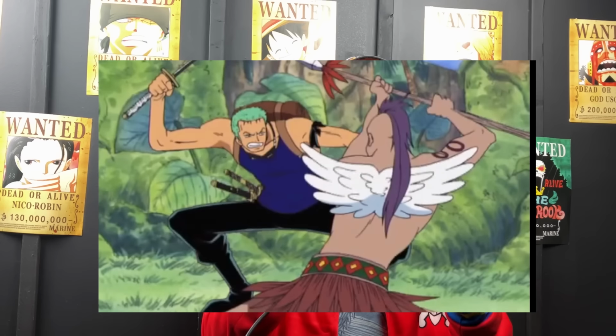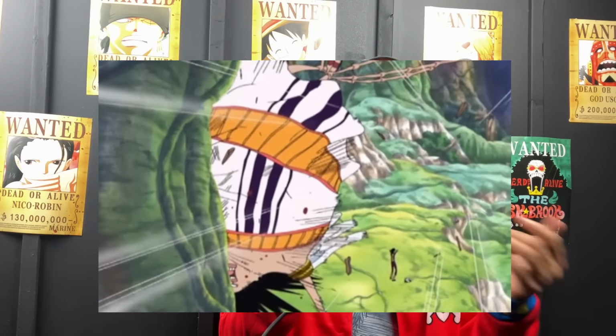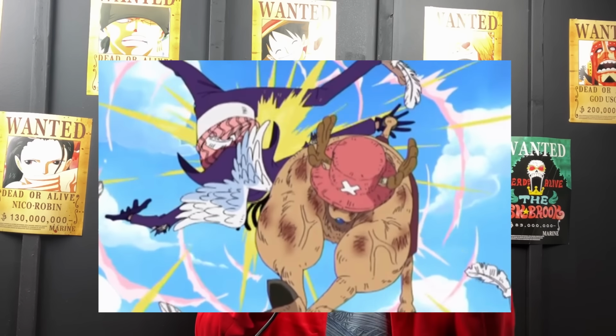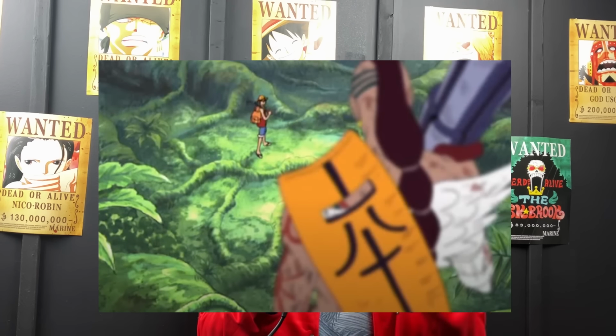But at this point, everyone's fighting everybody. Zoro gets to use his new no sword style, nothing but hands technique a few more times. Robin just straight up murders another fat angel priest, and Gedatsu got beat up by a reindeer. But without a doubt, the most nail-biting encounter happens when the man of action himself, Wiper, comes face to face